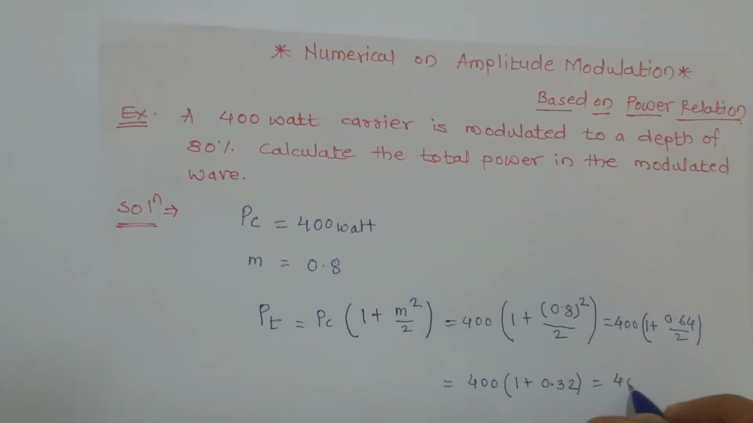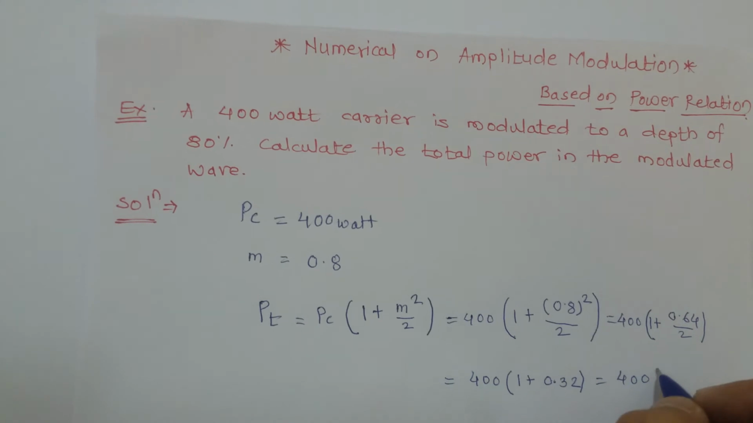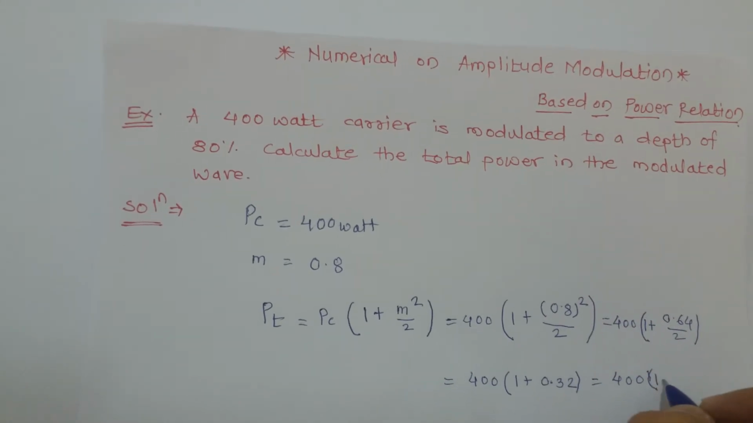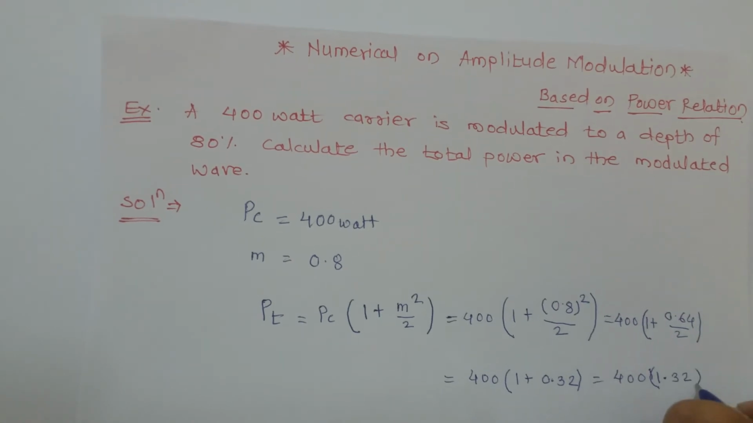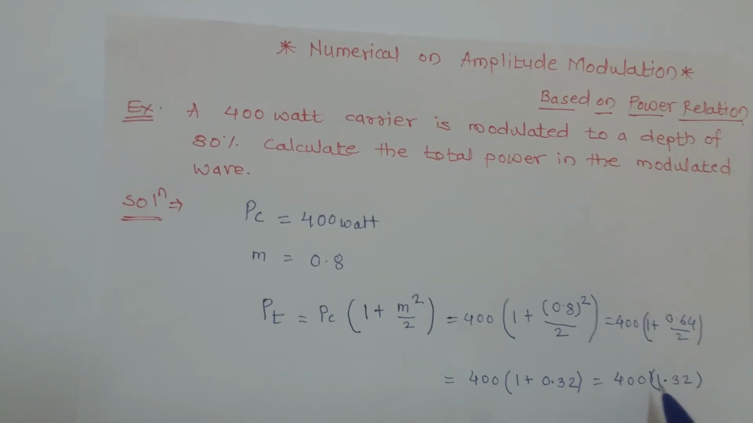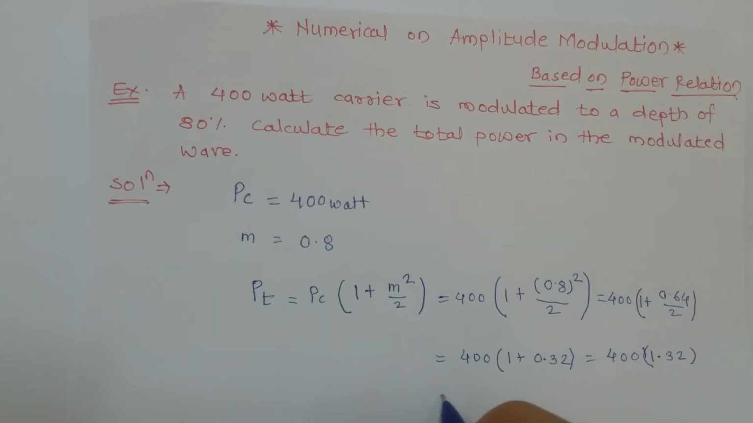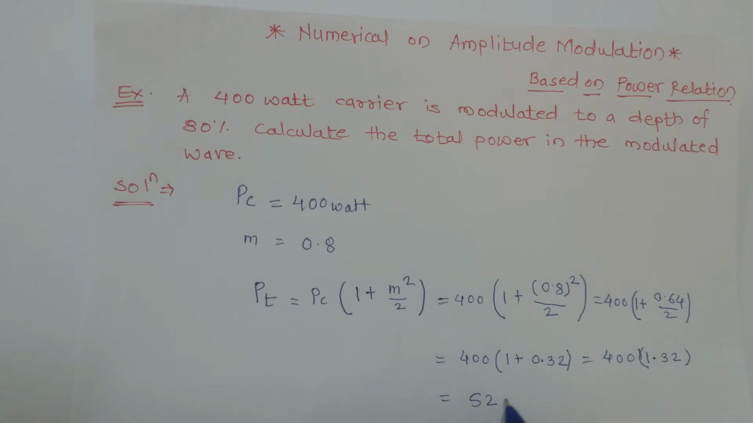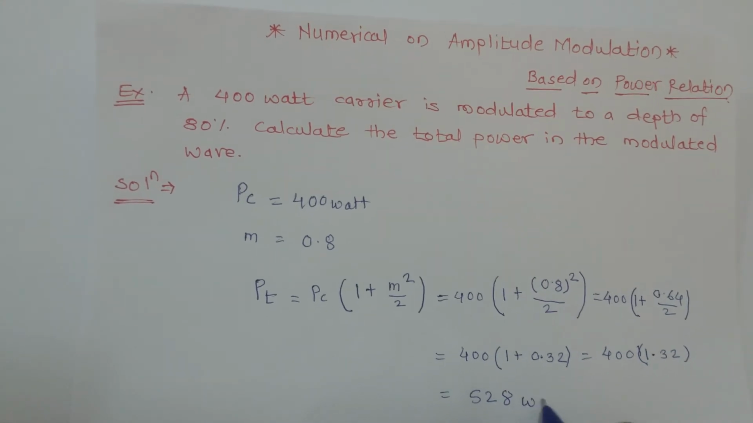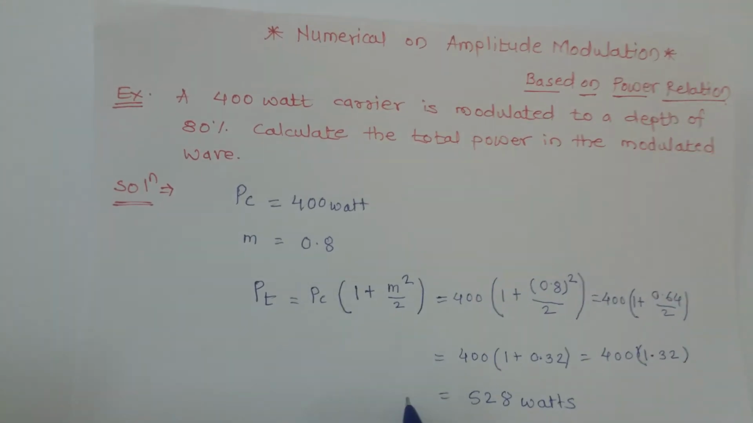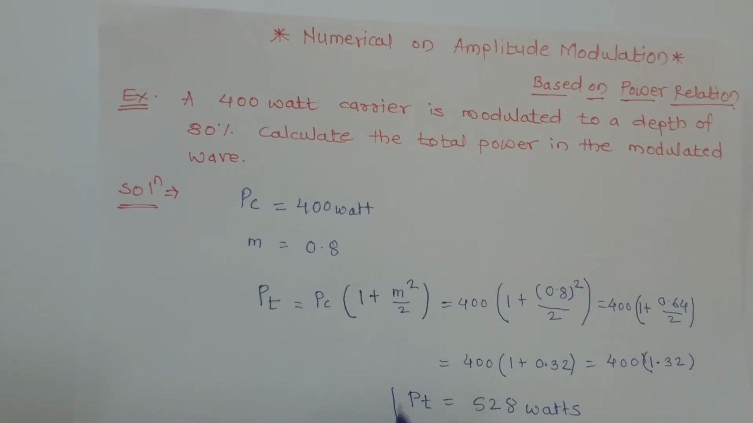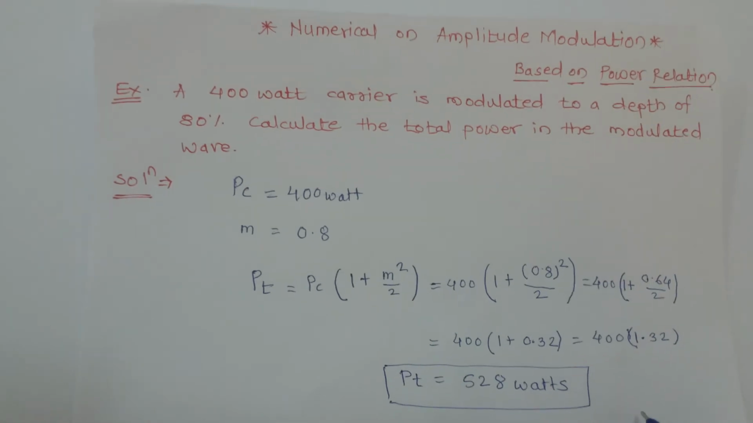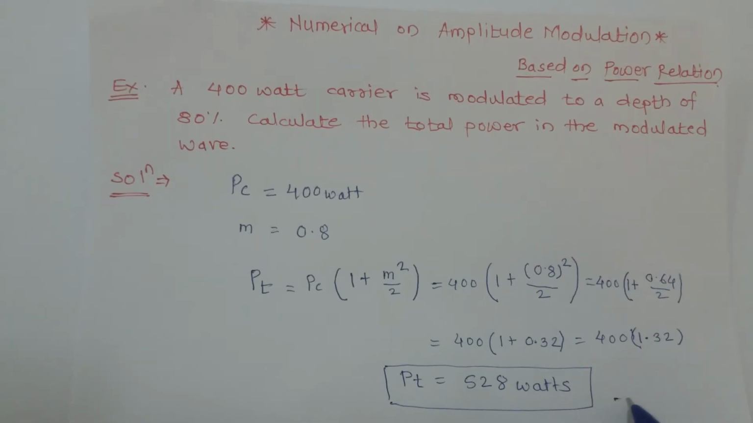Then 400 into 0.32 plus 1, that is 1.32, and after multiplying the 1.32 into 400, we are getting the value is 528 watts. So this is the total power of modulated wave, and this is the answer of